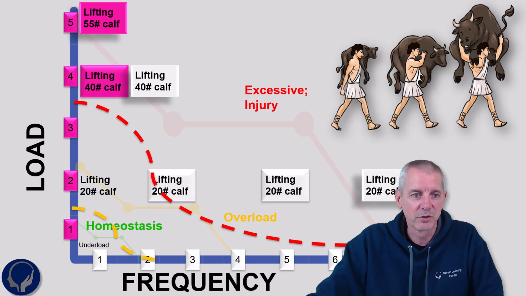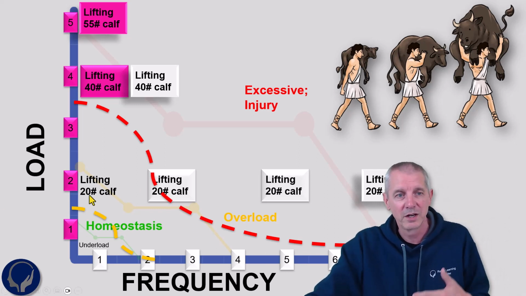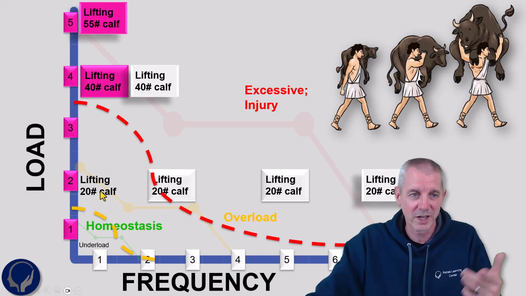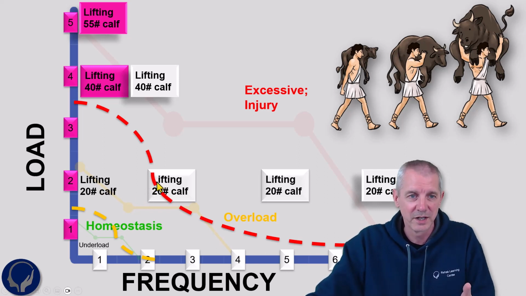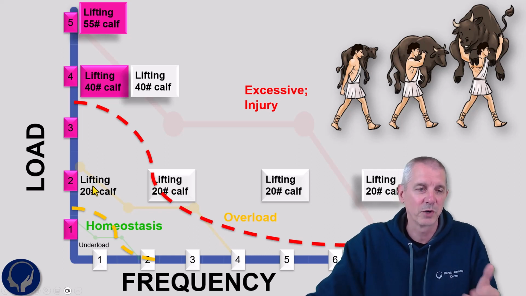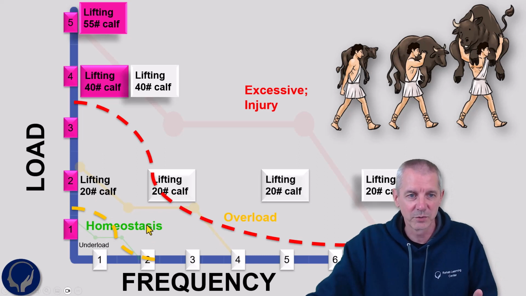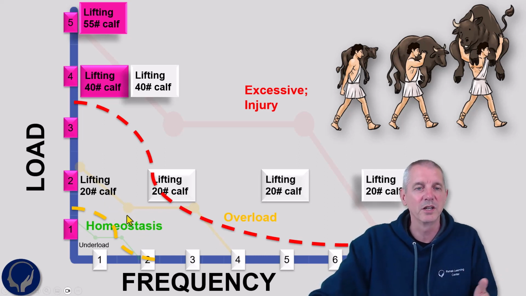And so he's going to ask, how am I going to get stronger? And what you're going to say is, well, we're going to lift that one calf, but now we're going to try to go 1 day per week or maybe even twice per week. And let's say twice per week is over here. So now it might be lifting a 20-pound calf 1 day per week, and then the second time per week we're going to lift a 10-pound calf, which would be down here. And so the mean between those would be somewhere in here,